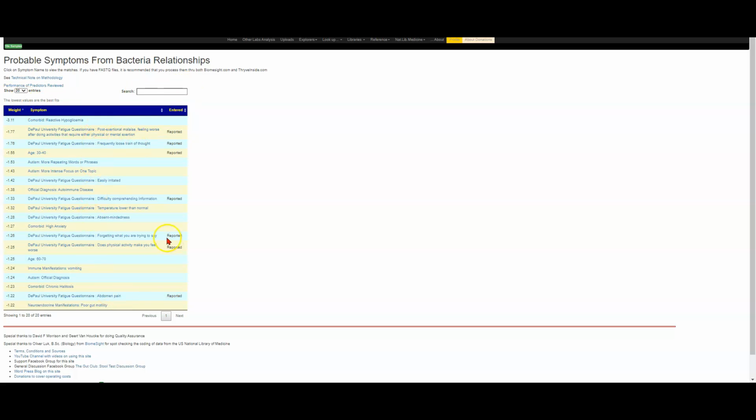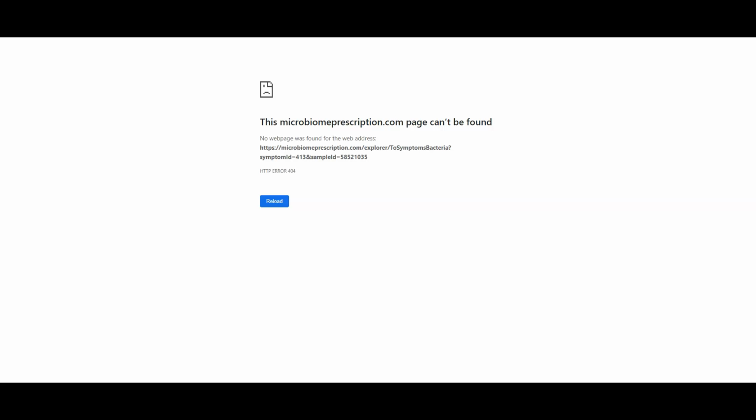So here is entered in by a person what he has reported. Here is a prediction, the ones which have the strongest association. And now all we're going to do is right click, open a new tab, and